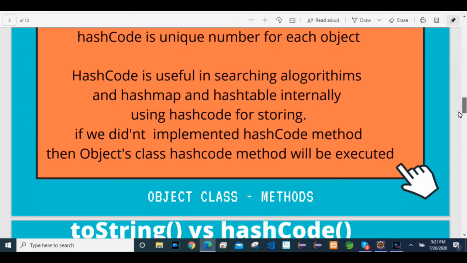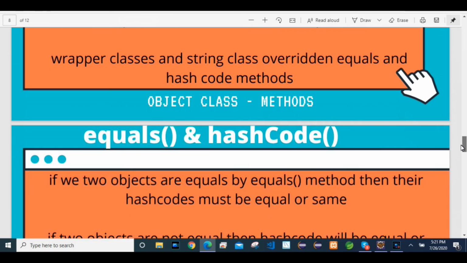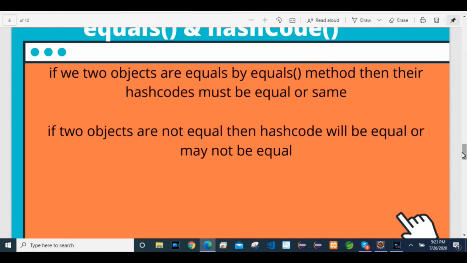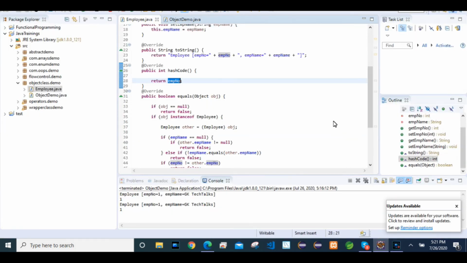I will make a separate video for cloning. In that we'll discuss practically how we can do the cloning. And once again I will just recap